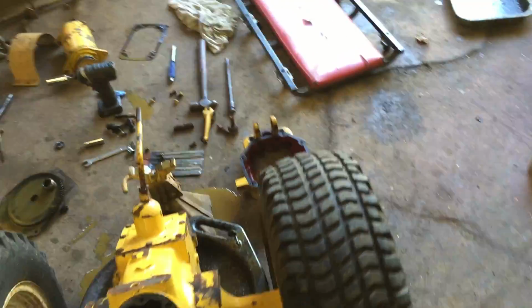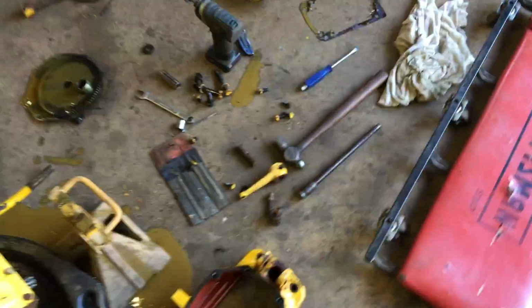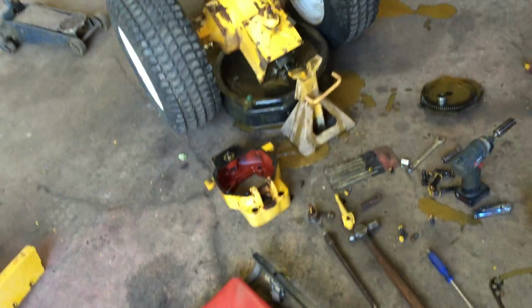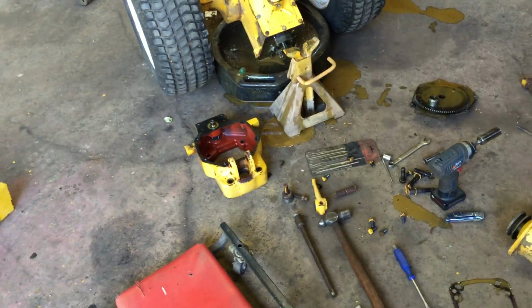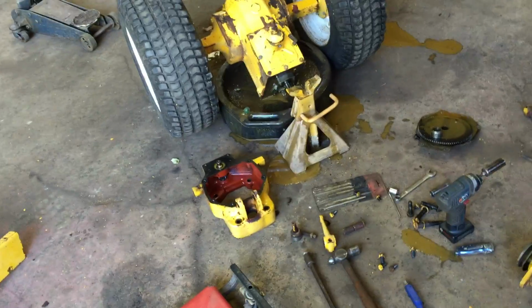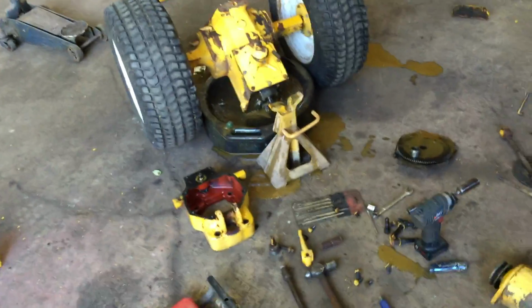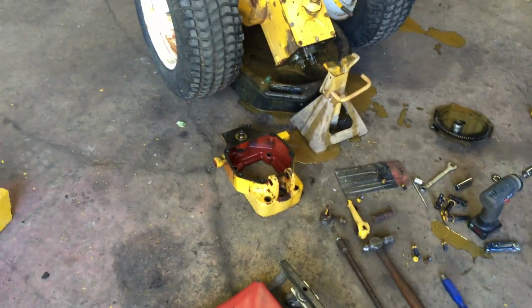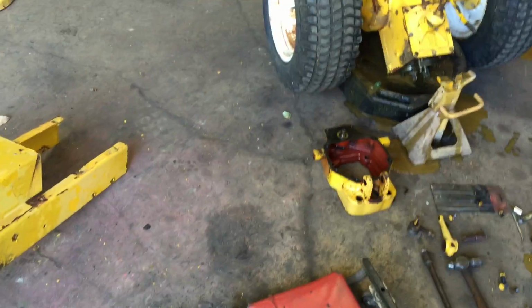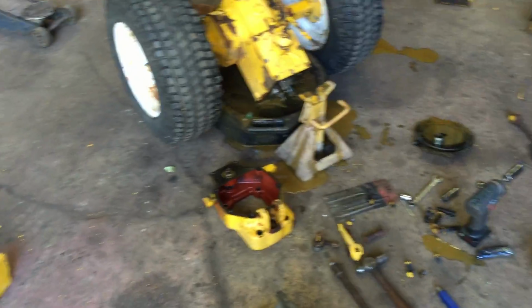But I figured I'd show you guys how far I'm going here. I wasn't planning to go this far, but because I couldn't push this thing and it was a real pain to push, it's better to catch this issue now than to put it all back together and then have to take it all apart again, because you can't actually pull that out without having the transmission out, because the tranny actually mounts right there to them ears, and you wouldn't have enough room anyways to do it. So